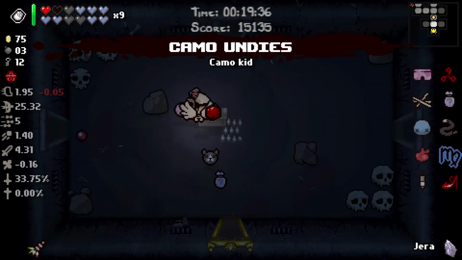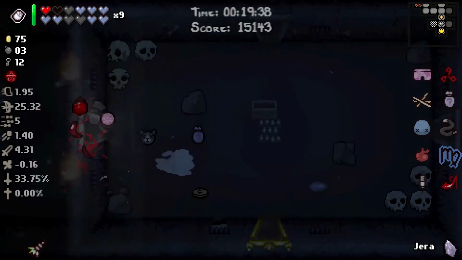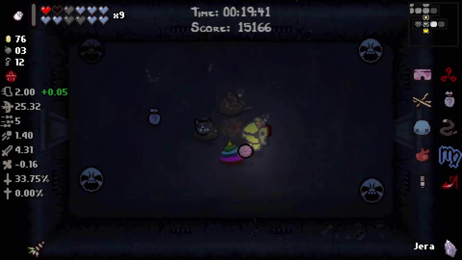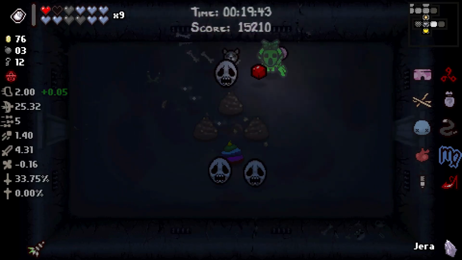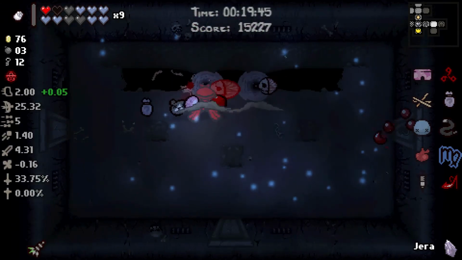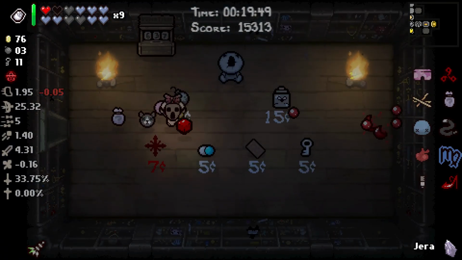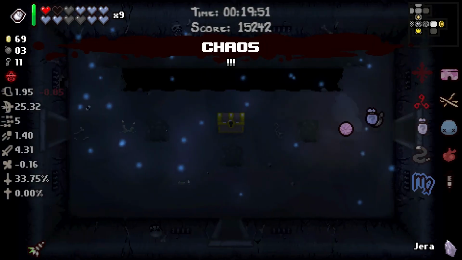Camo undies. As long as we don't fire when we come into a room, we are invisible. Interesting item. Though I don't think I've ever made it work. Oh, no, I didn't see that guy. I didn't see that he was tinted slightly differently. Yeah, I don't think we're going to make it, so... But I will take a 7-cent Chaos, and I'm going to be upset if this...